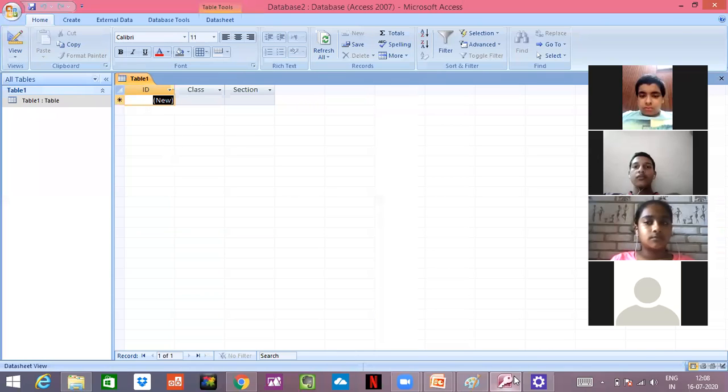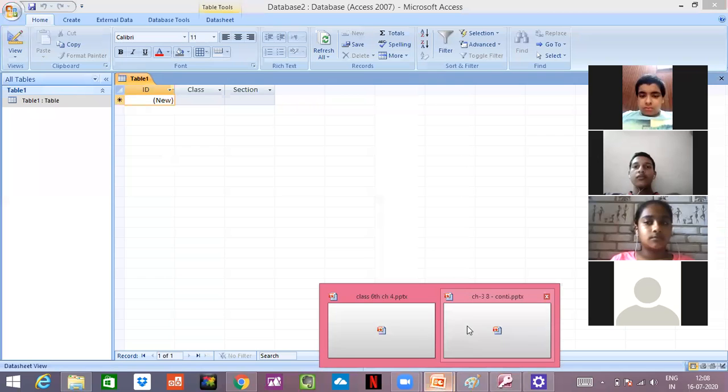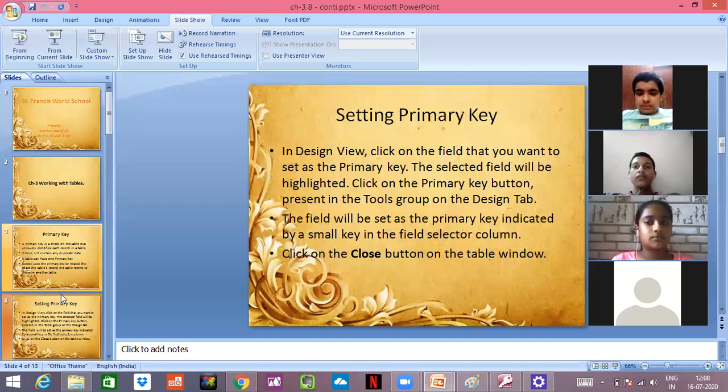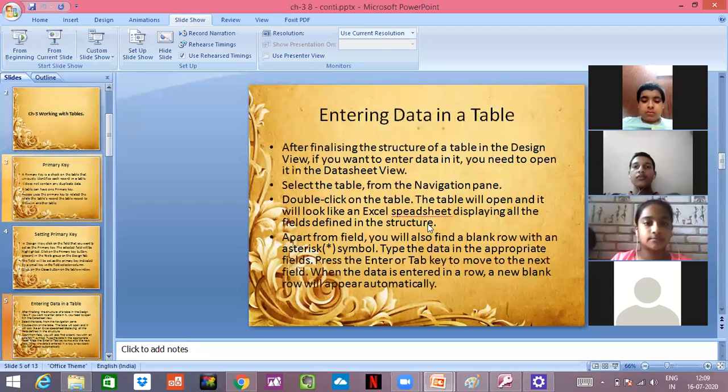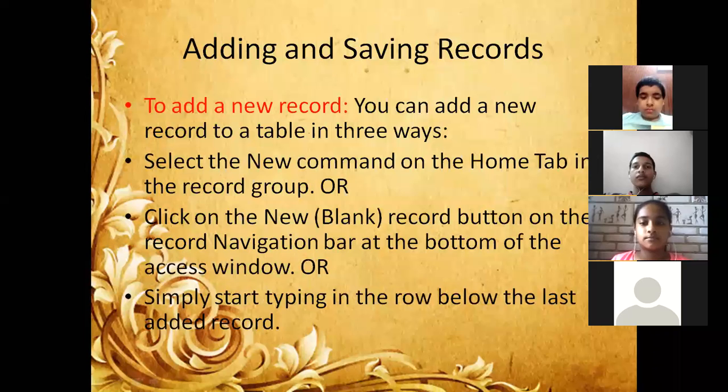Now we will come back to our slide. We have already studied primary key and setting up a primary key. Now I have shown you how to enter a data in a table. We have done this also, how to enter a data in a table. Now adding and saving a record.